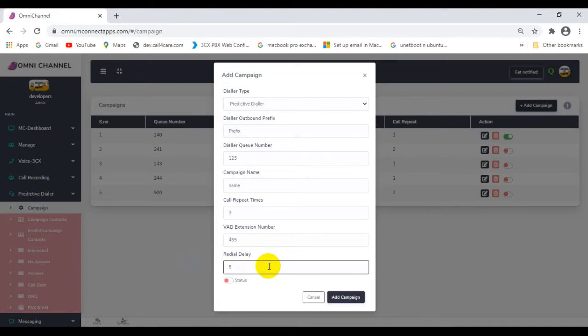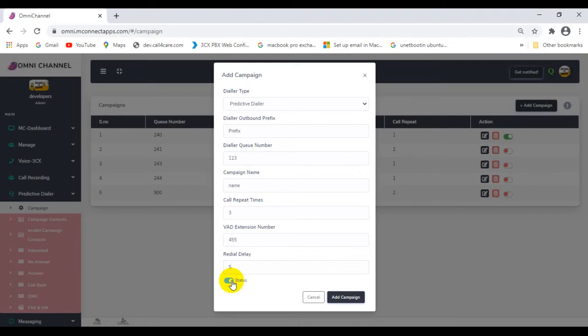I'm filling this redial delay seconds, which means that this number of seconds can be delayed, and I'm clicking on the status, which means that I'm enabling the status, which means again that I am getting the campaign on.